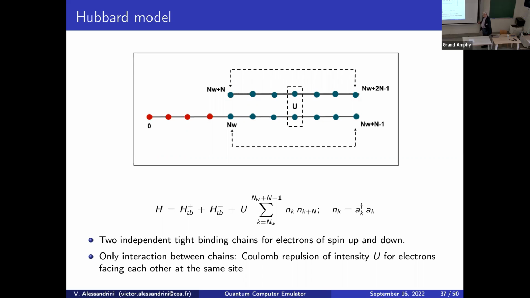And in order to take into account the Coulomb interaction, we just add a term that says if two electrons are face to face, then that goes to an energy U. A very simple parameterization of the Coulomb interaction. Now, the physical problem is very simply described